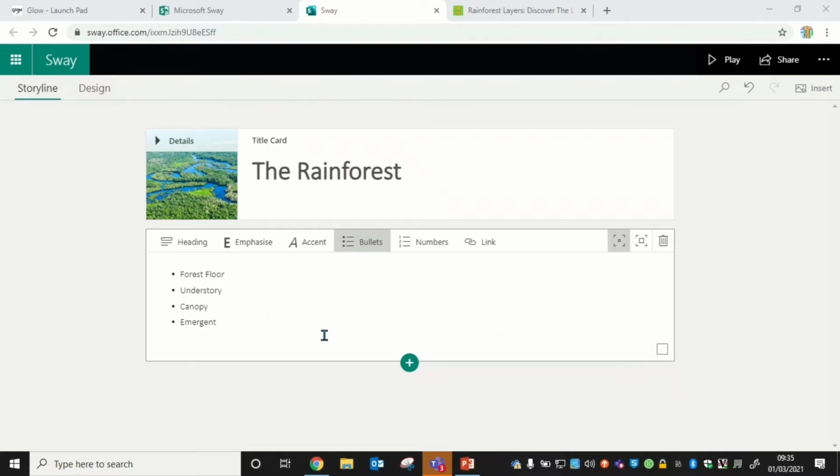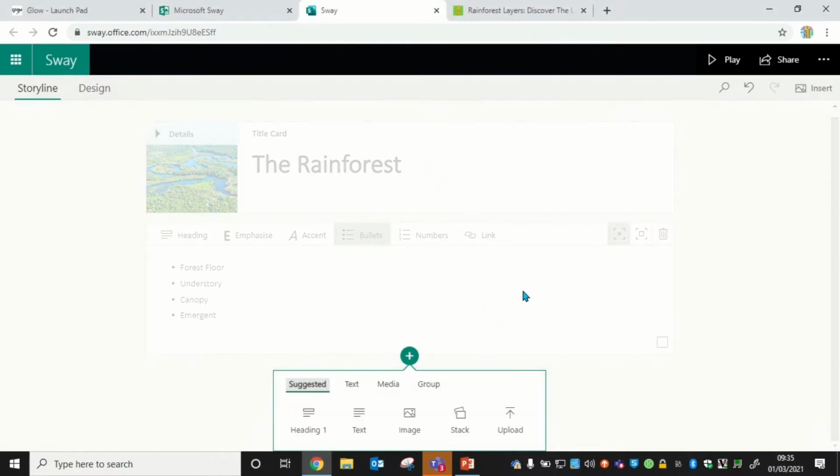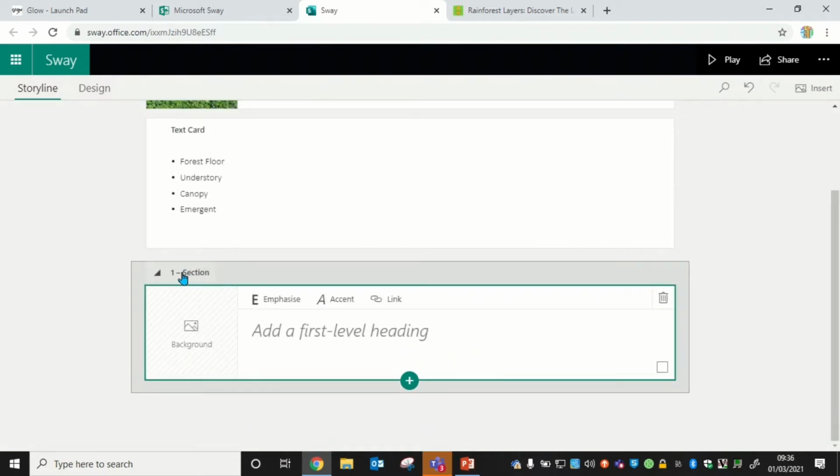And then what I'm going to do is now I'm going to click the plus and now I want a new heading because I'm going to start talking about each part of the rainforest, each layer of the rainforest. So I'm going to click heading. You can see there it says section 1. This is my first section. Then here I'm going to type in forest